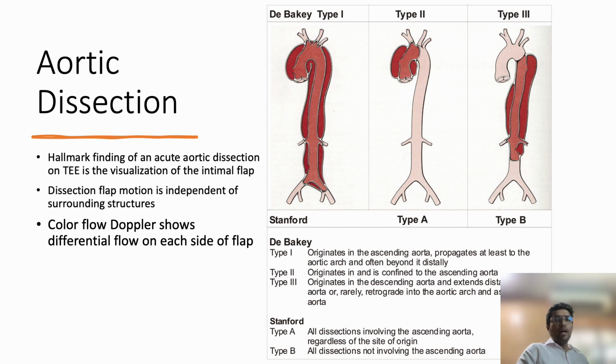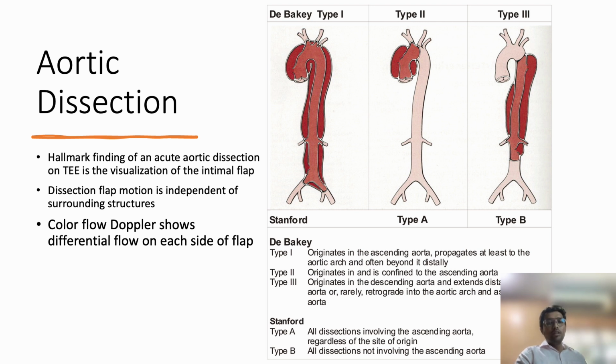Now the aortic dissection. Aortic dissection, two types of classifications are commonly asked. There is a Stanford type A, type B, and DeBakey classification. So DeBakey type 1, type 2 and type 3, and Stanford type A and type B. Stanford type A and type B is actually very